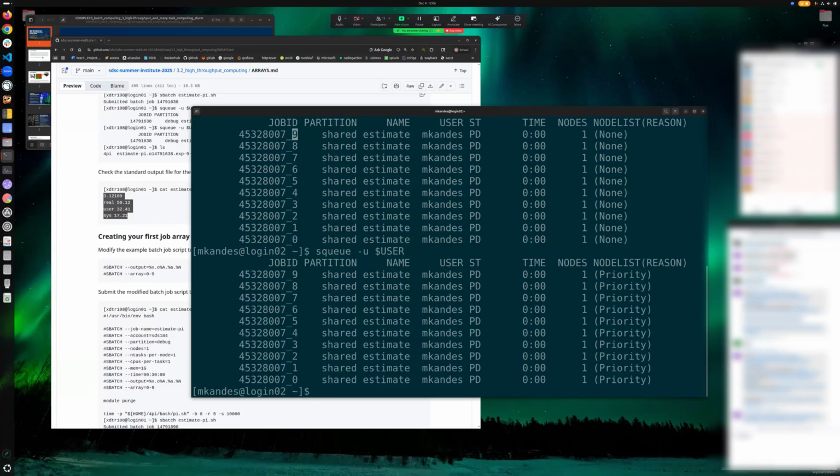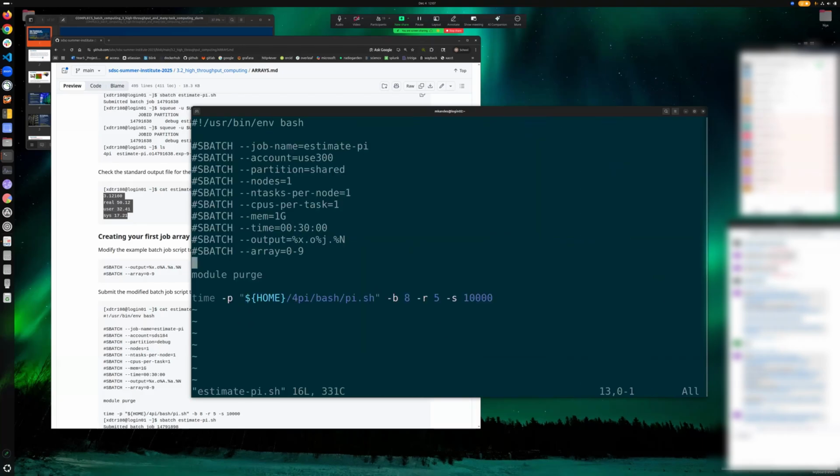But let's go ahead and see. Okay, I'm waiting again for priority, so maybe I should switch to the debug queue. But if I just open the job here while we wait, oh, I didn't change it. Okay, so that's good. So you'll notice here in the output directive, this sbatch output, this is the name